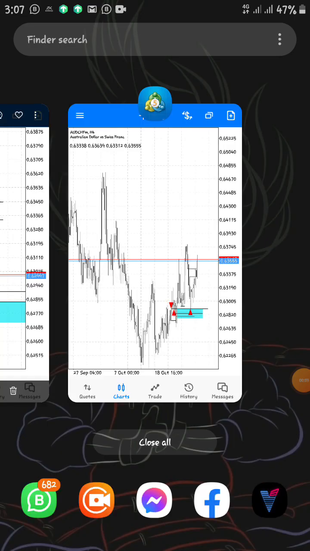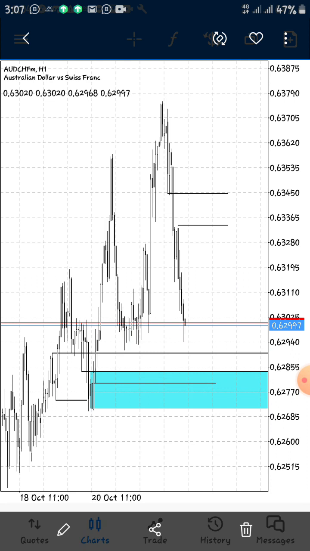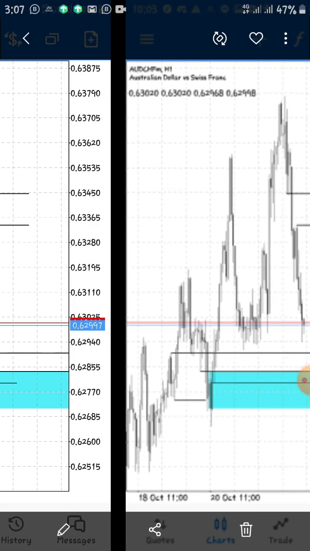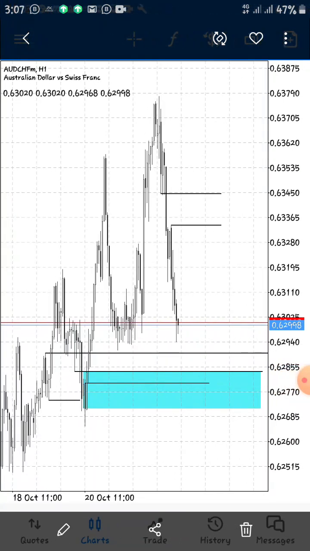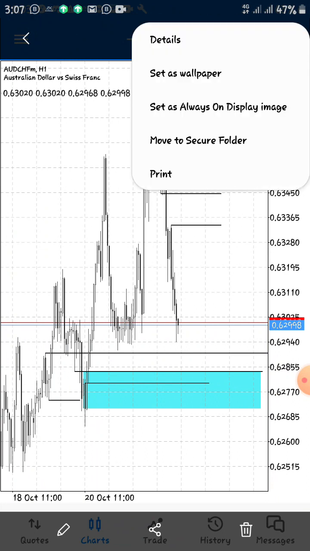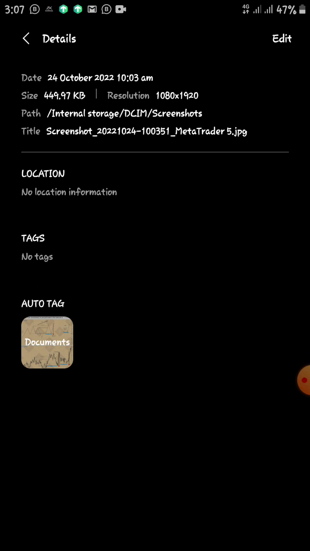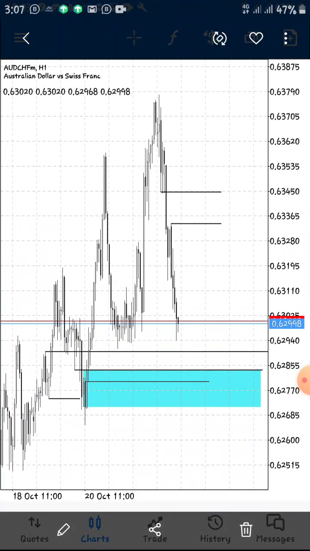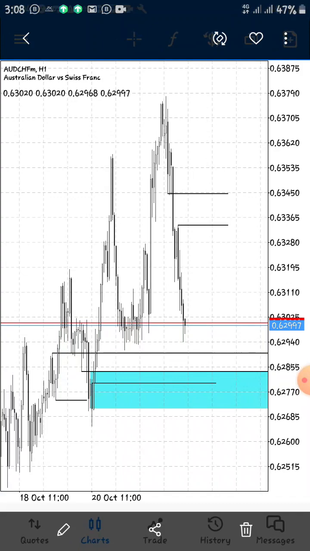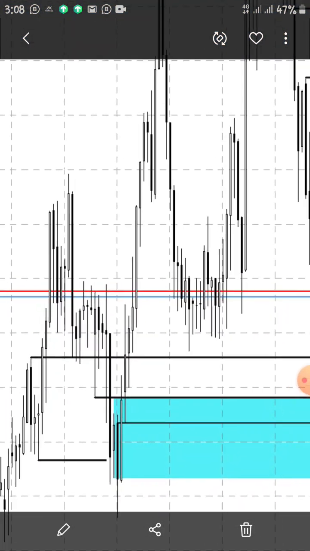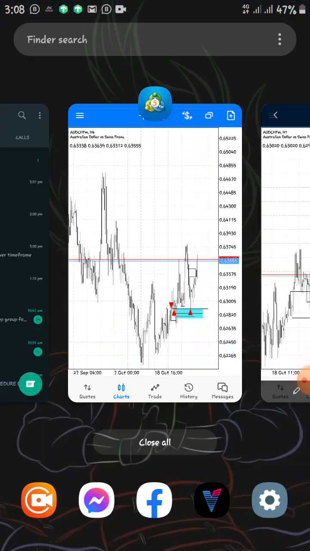So I'm gonna show you guys a trade I took on AUDCHF. This is the analysis I did right here, AUDCHF, and you can see the before chart on that. The screenshot was taken on the 24th of October, 2022, by 10:03 a.m. Nigerian time, GMT. So this was the analysis, and you can see we are marked out. I'm gonna show you something interesting I saw right here that made me understand that the market is to